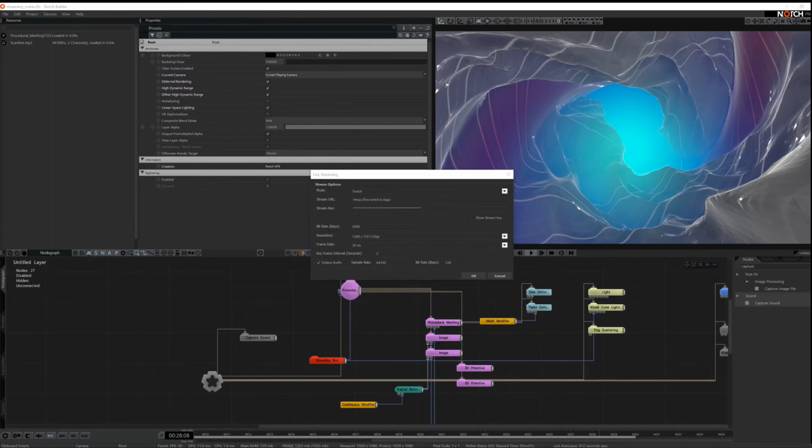Lastly, we have the audio option. It's important to note that a good number of streaming platforms like YouTube and Facebook require you to send an audio feed, even if there is no audio coming down the line. As such, this defaults to on. We have the audio sample rate, which is nearly always 44,100. You can also specify a custom bitrate if you wish, but most platforms require 128 kilobits per second. Once you're happy, you can just click OK.